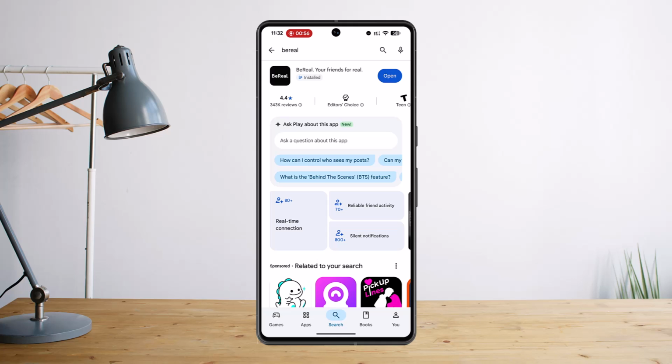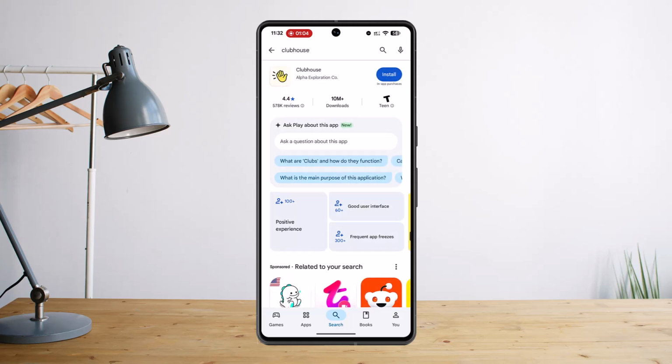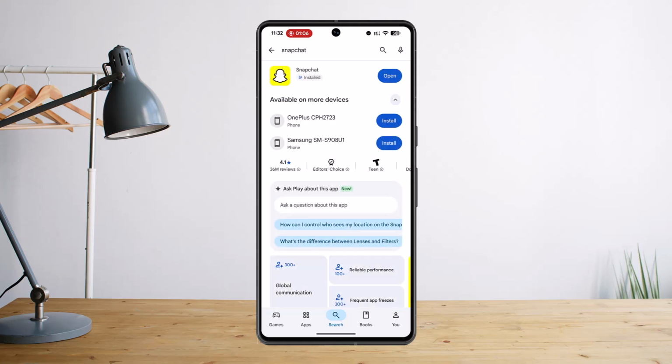However, if the issue still persists, it could also be due to poor connectivity. So you might want to check your internet connection as well. And in some cases, it could be a server issue as well. So you could just check whether there is any sort of issue within the server as well. So this way, you should be able to fix your card decline error or card decline issue with the Cash